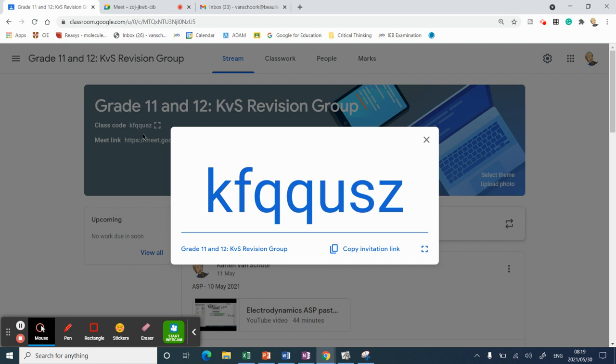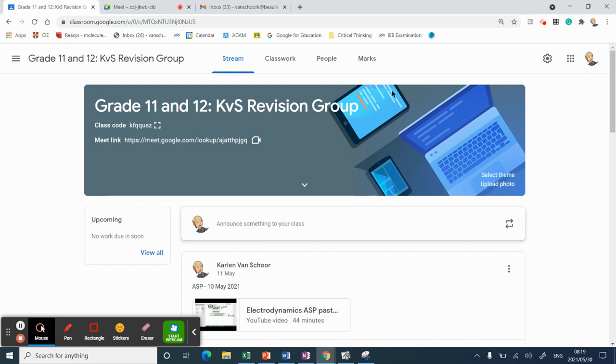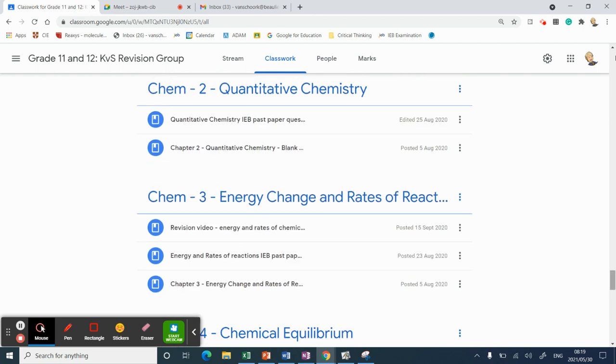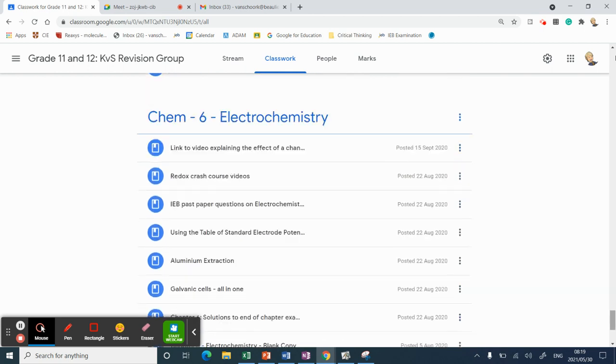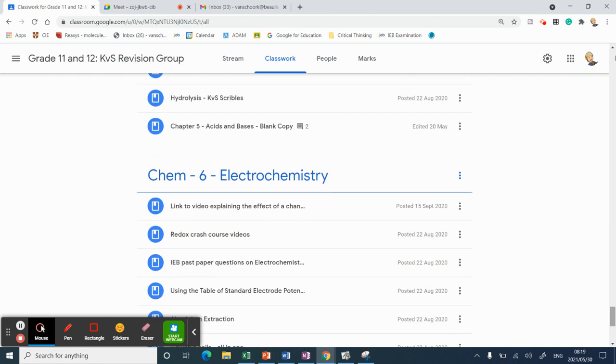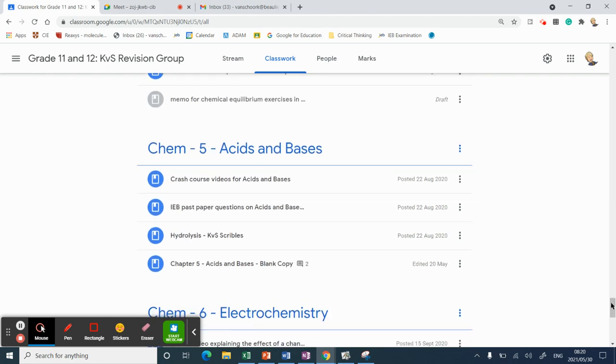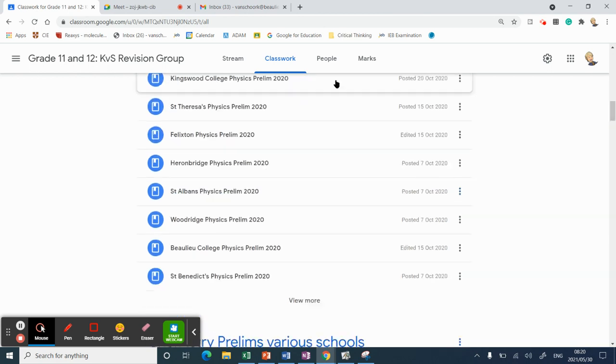All the IEP past papers are on here. There are prelims from other schools. The IEPT papers are on here. I know you guys don't do IEPTs, but it's very good practice for multiple choice, and lots of teachers take their multiple choice questions out of the IEPTs. At the end of it, there's chemistry papers, there's physics papers. It's obviously stuff that you haven't done yet, because the schools do it in 11 and 12 in different order. So you guys can just go and find what you need.